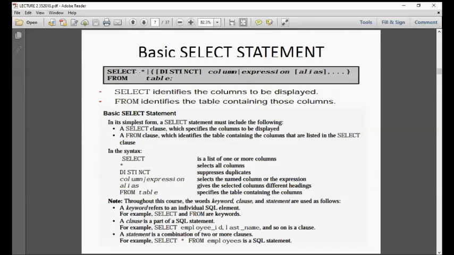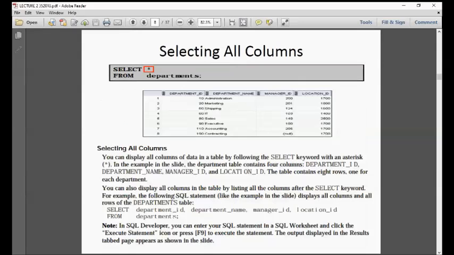And this asterisk or star signifies everything in the column on the table. Okay? So in here, selects all columns with keyword select. So let's see how it's done. So in here, select all columns, that's the star, from departments.